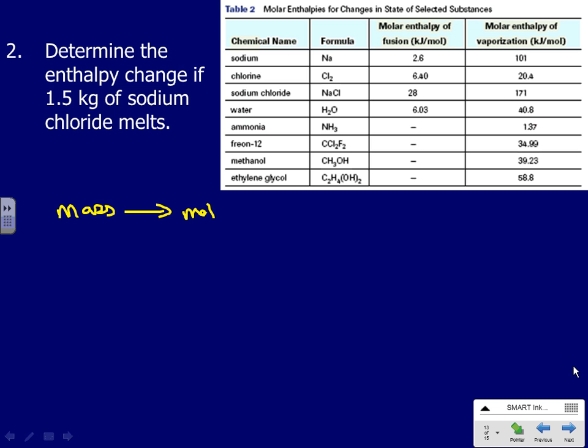If I want to go from mass to moles, what's the conversion factor? Oh, you guys are great. This is fun. How do I go from moles to delta H? The molar enthalpy, the delta HX, right? We can do that in one shot. Let's get rid of the kilo. 1.5, what am I turning the K into? Times 10 to the 3 grams times